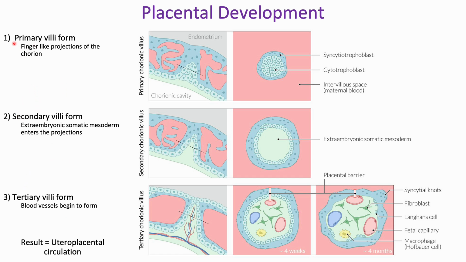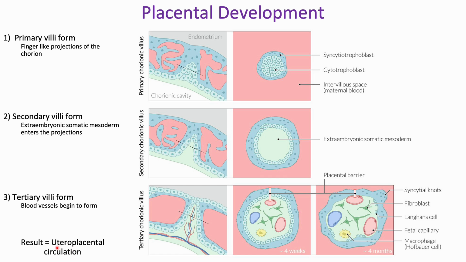The big differences being primary just contains the syncytiotrophoblast and cytotrophoblast layers. Secondary adds in the extraembryonic somatic mesoderm. And then tertiary is going to add in the blood vessels. And once all of this forms, you have your tertiary villi, you are now going to have utero-placental circulation, which